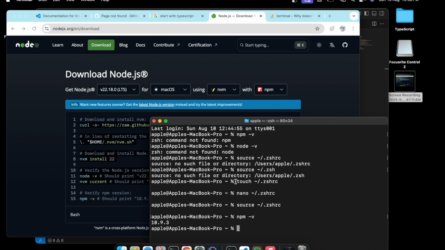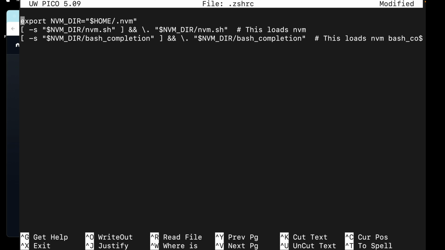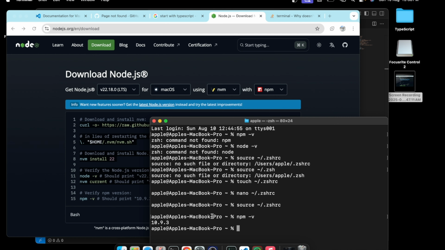So I used the touch command and created this file and added all the configuration like HOME, NVM, nvm.sh, and then I used nano to add the configuration. And after adding the configuration, now if I do npm -v, then this is coming.